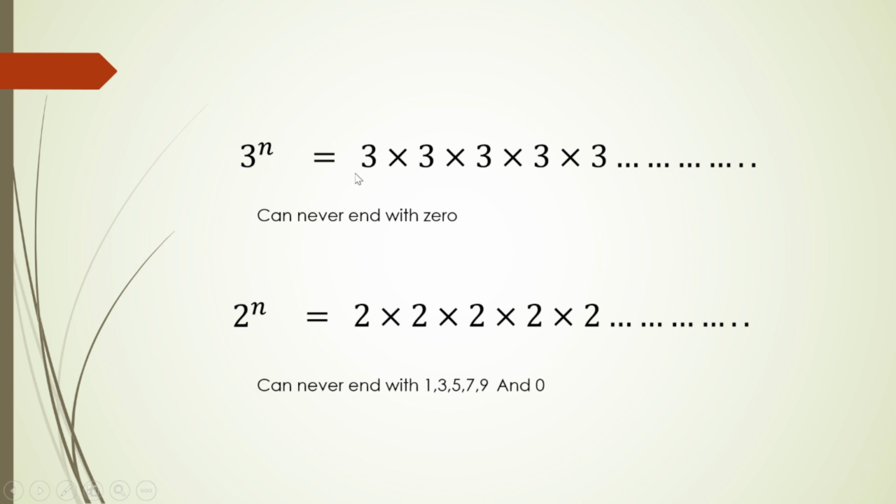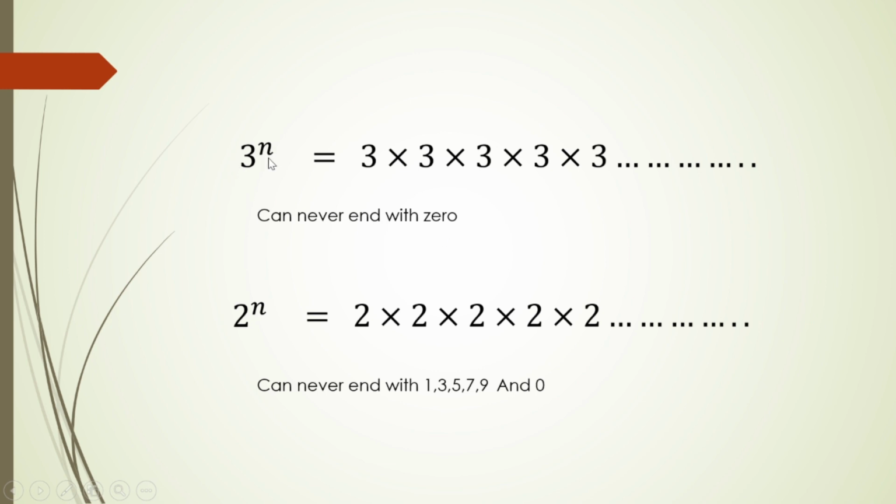But this is the prime factorization, but it's not the number. It's actually the prime factorization form. It's also giving us an information that this number can never end with 0. You know why? Because